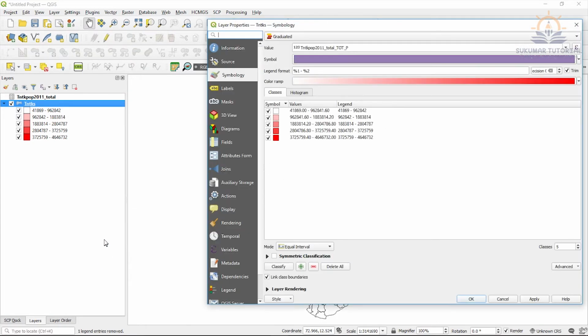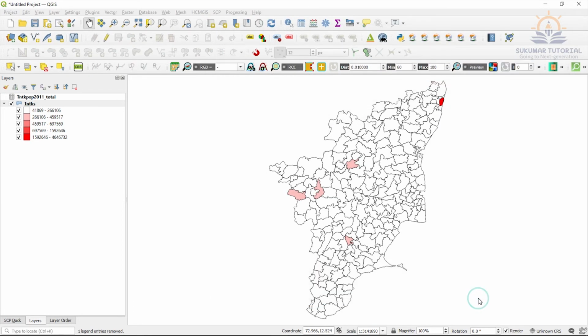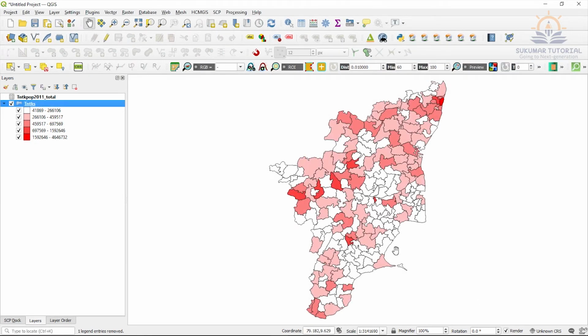So I just go once again to properties. Instead of equal interval I have to go to natural breaks, classify, apply, OK.